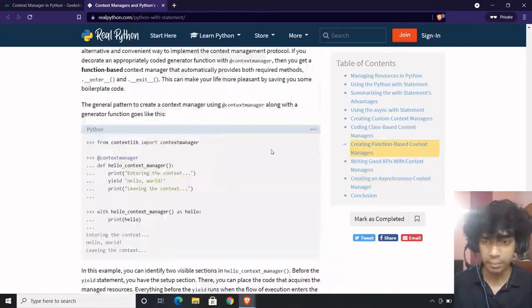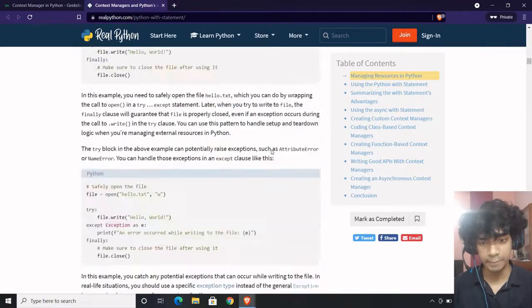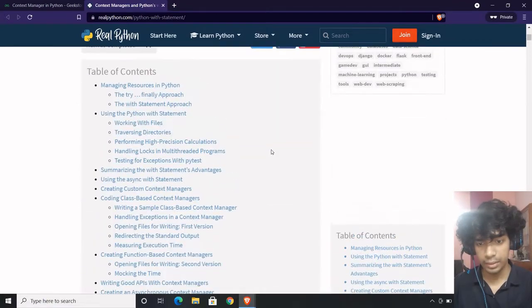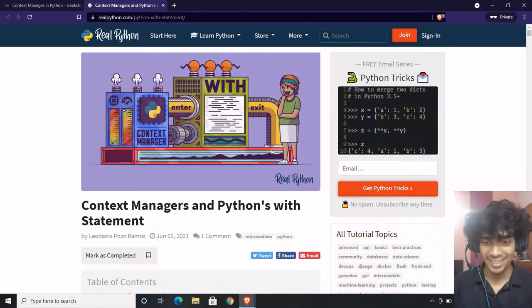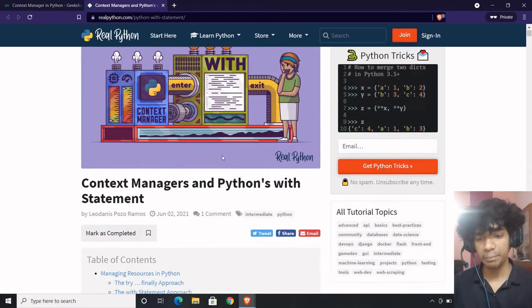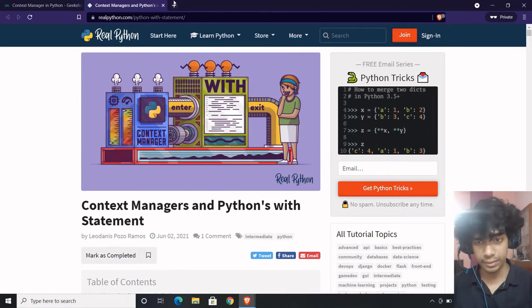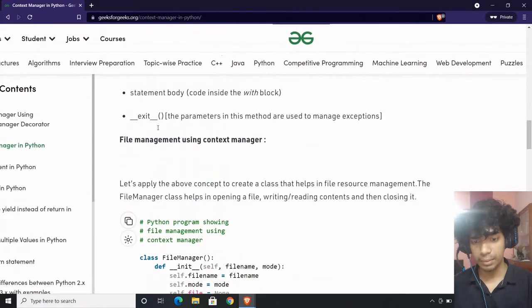It's a good read, but only if you're extremely comfortable with the meticulous details, which would be out of scope. If you are quite inquisitive about learning context managers and beyond, you can read it. So I'll be discussing this part of context manager.